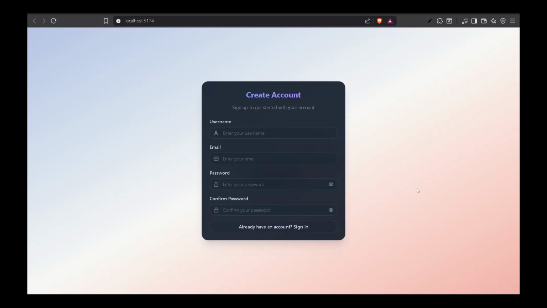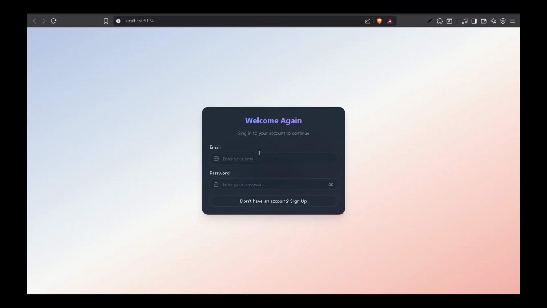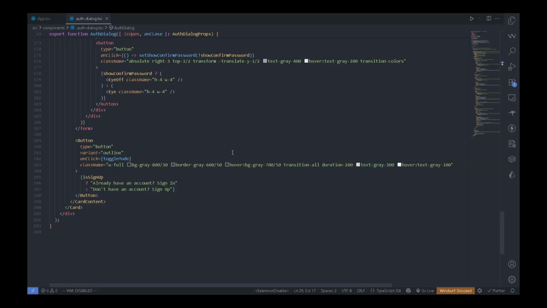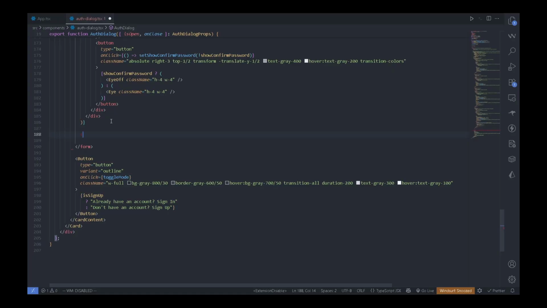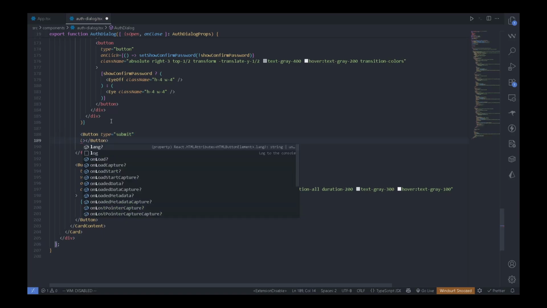Okay, now we also need a button here to submit the form. Say we have filled out the form, whatever, and we need to submit it, so we need a button for that. So the button to submit the form will go here and we'll say button. The type will be submit, as we are trying to submit a form, and we'll write the function to submit the form later. The class name